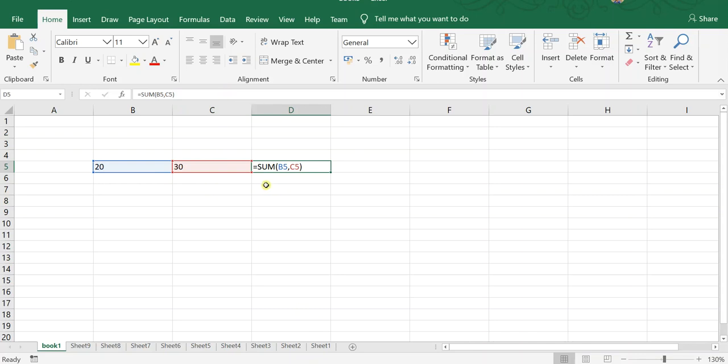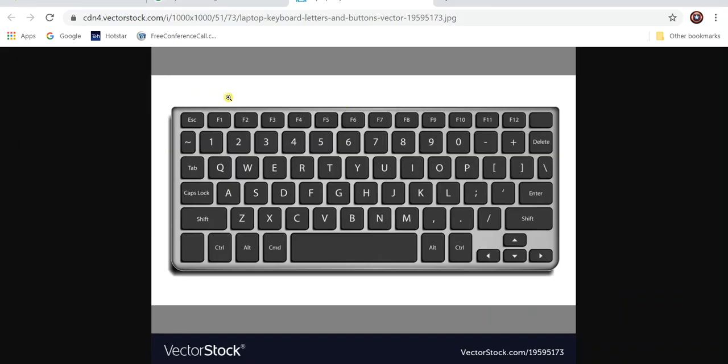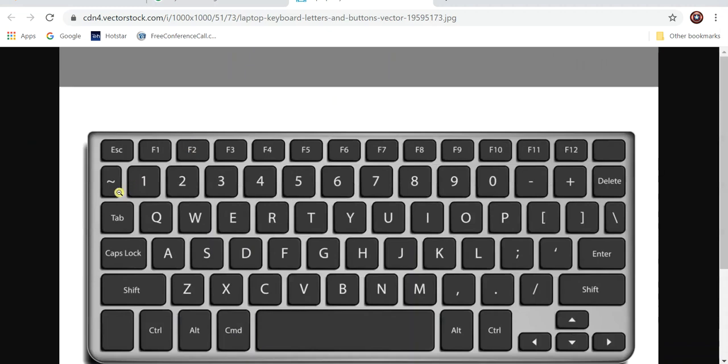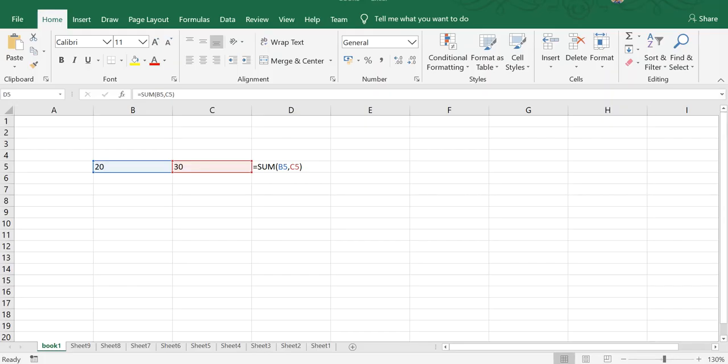So in that case I need to press the Ctrl tilde key. The tilde key is present near the 1, left of the 1. So press Shift and this. So this is the tilde key. You can again press Ctrl tilde to come back to the normal mode.